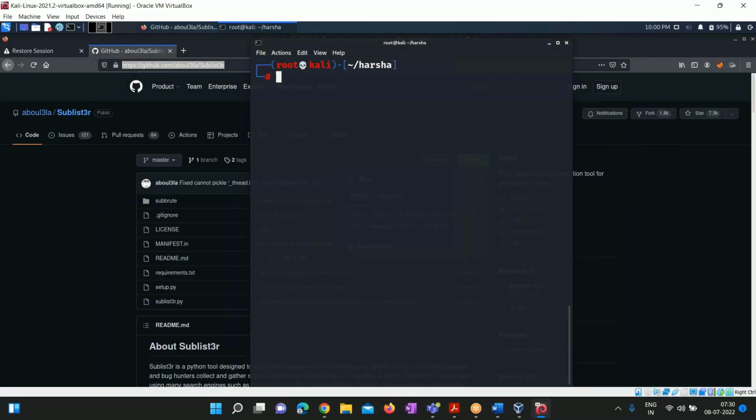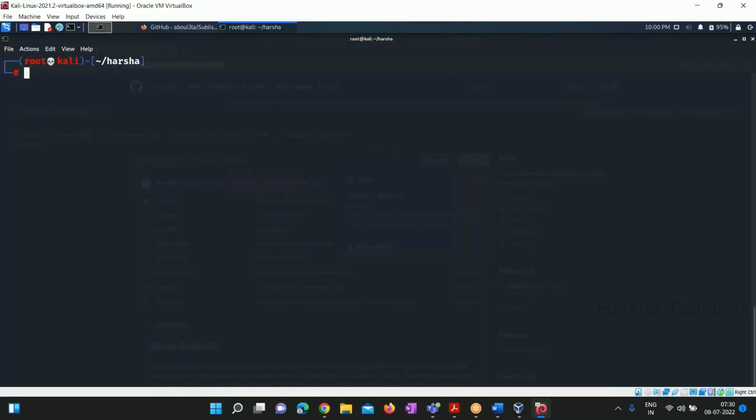Then go to the terminal. Then simply use git clone. You can just type git clone. Then you can just paste the